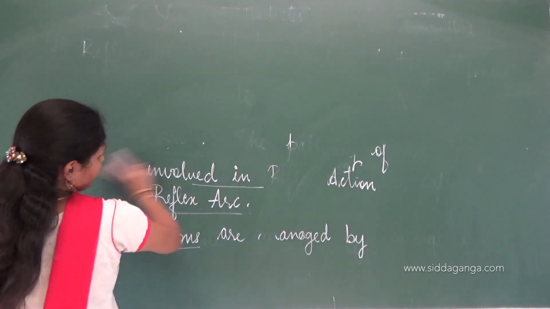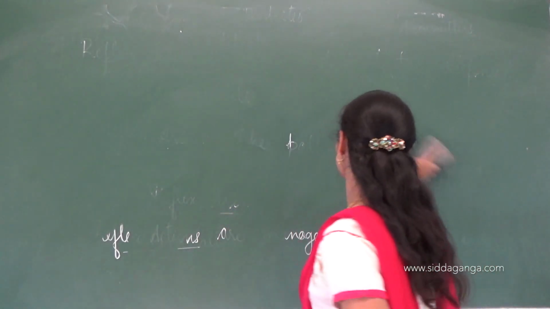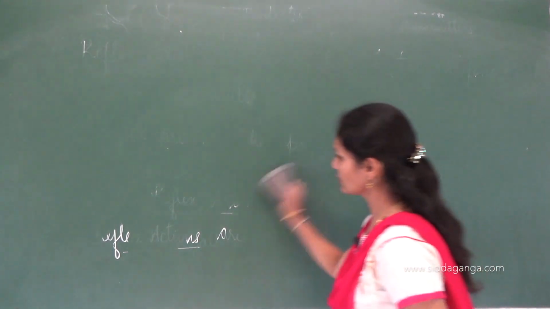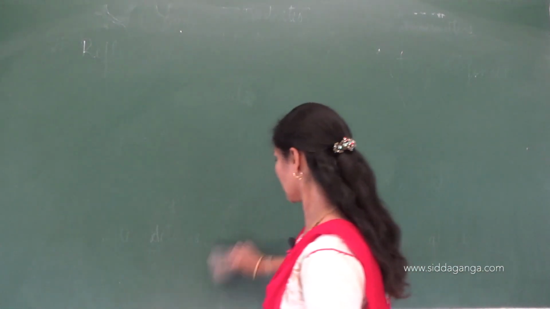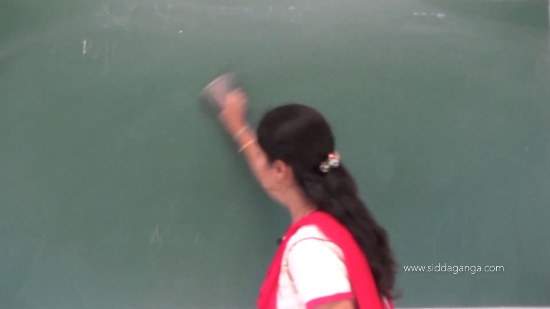This reflex arc, that is the pathway that is involved in the reflex action, has got 5 major parts in it. We'll discuss them later. Before that, I want you to understand